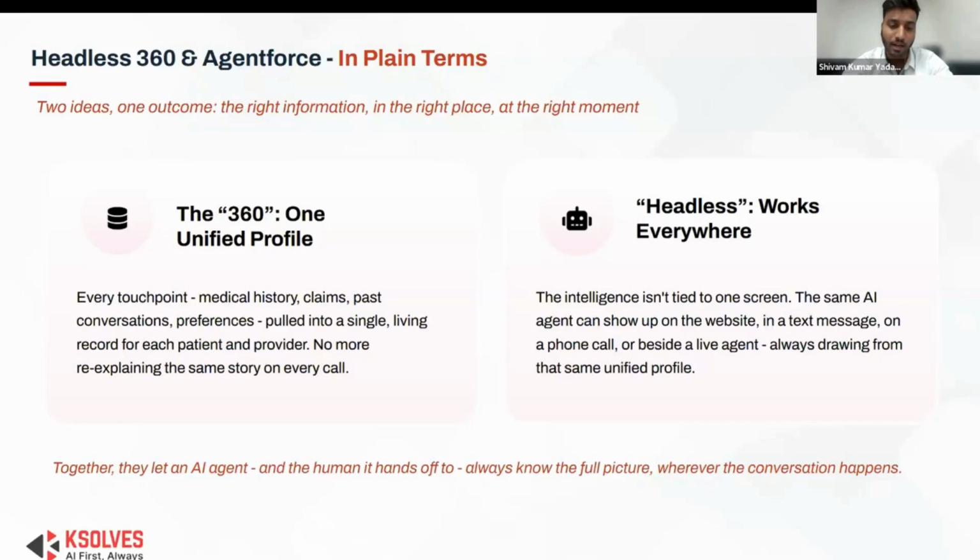So, talking about the 360 unified profile, here we are talking about every touch point. For example, the medical history, claims, past conversations, preferences, everything is visible on the screen. So your admin team does not have to hop between screens to extract the information. All these things the 360 unified profile can handle. And now we'll be seeing